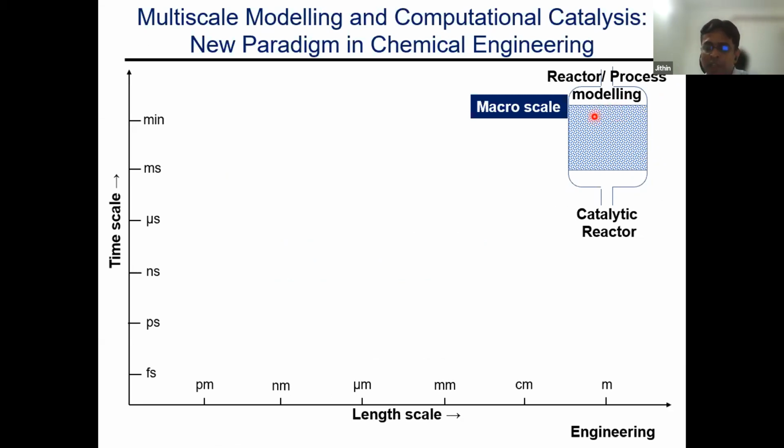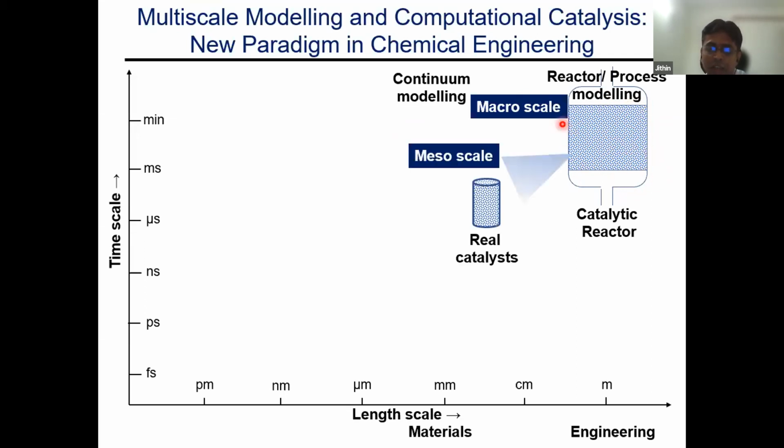But catalytic reactors form the core of most of the chemical processes that we know of. If you think about this as a catalytic reactor, what is shown here are catalysts, solid catalysts or heterogeneous catalysts, as I am interested in, loaded into this reactor scale. If you zoom in, what you would normally see is that these are pellets of these catalysts,